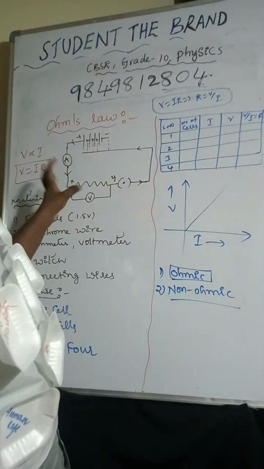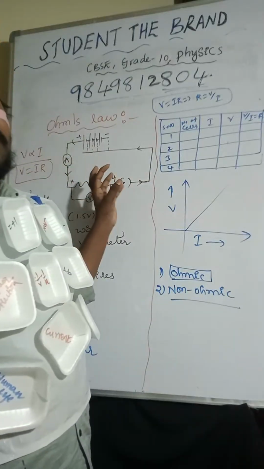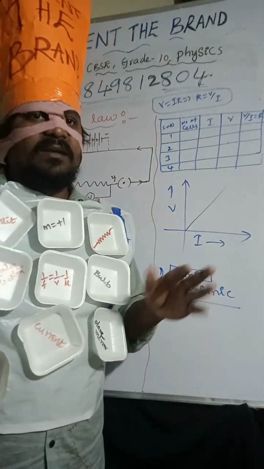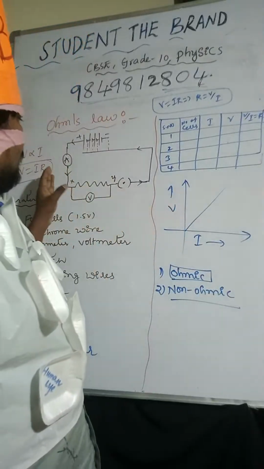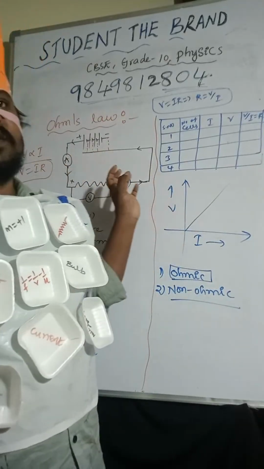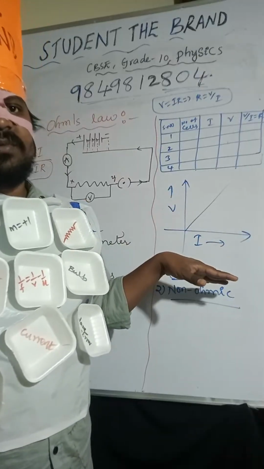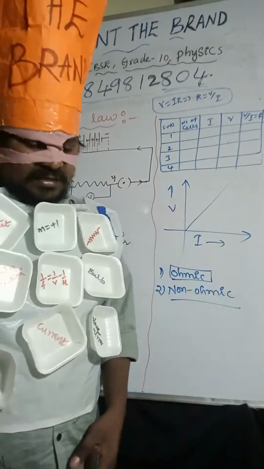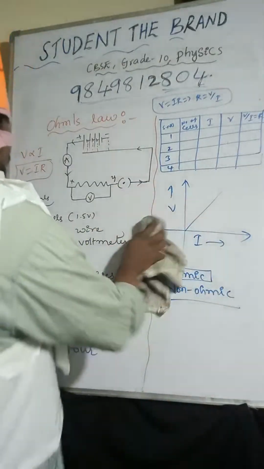Here, we said the potential difference across the ends of the given metallic conductor is directly proportional to current at a constant temperature, and physical conditions also the same. Constant temperature we have to mention, and it is very important. Those conditions it should obey, then only we can say ohmic conductors, right? Next, resistance is nothing but